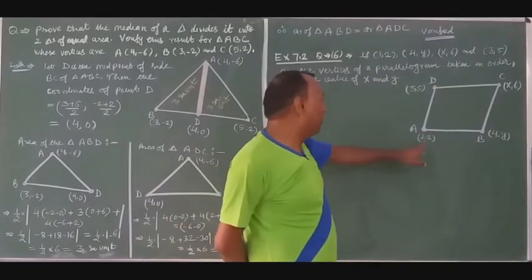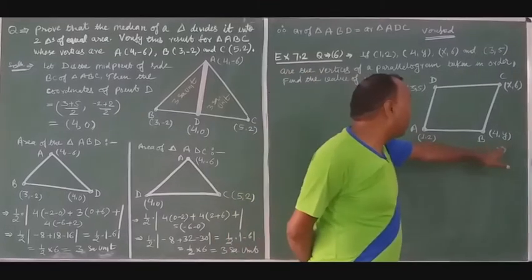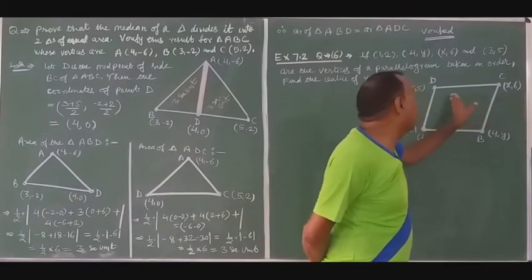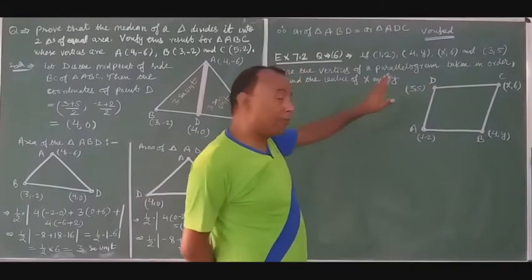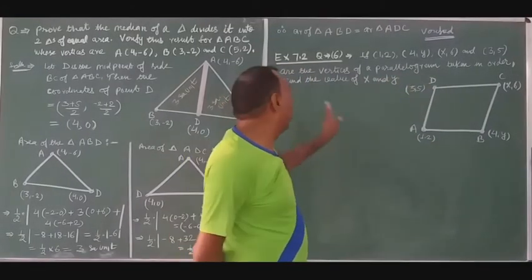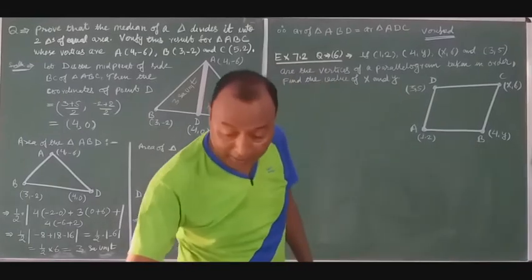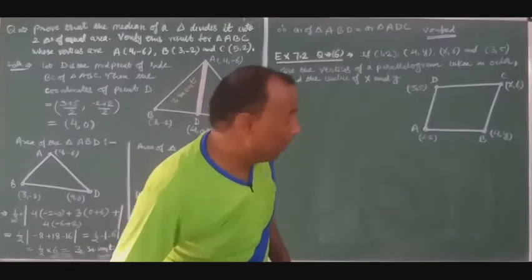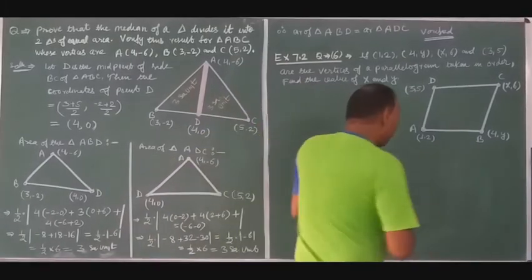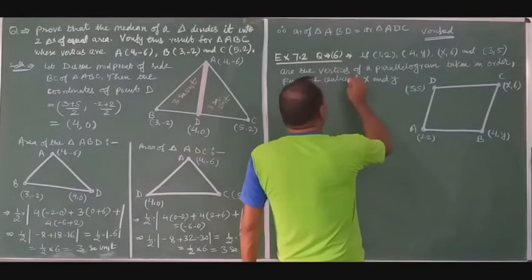It means first you will write (1, 2) at this corner, then (4, y) in this corner, then (x, 6) here and (3, 5) here. So that is what we mean by saying they are taken in order. The vertices of the parallelogram are taken in order. Find the values of x and y. Is it okay? Now just look here.